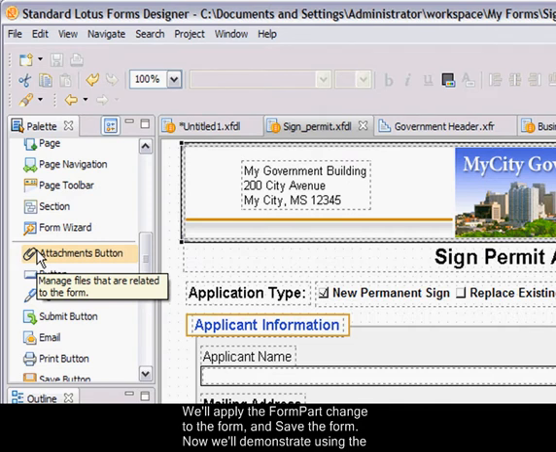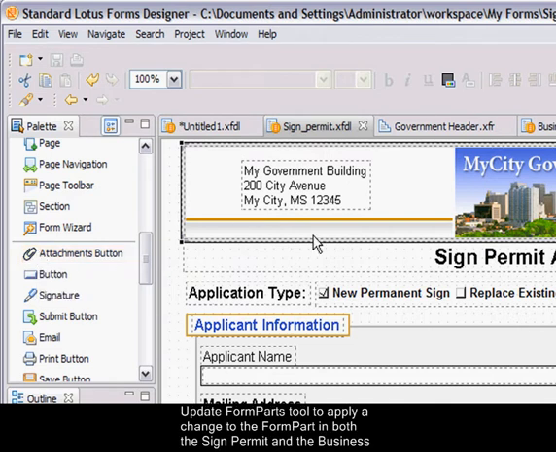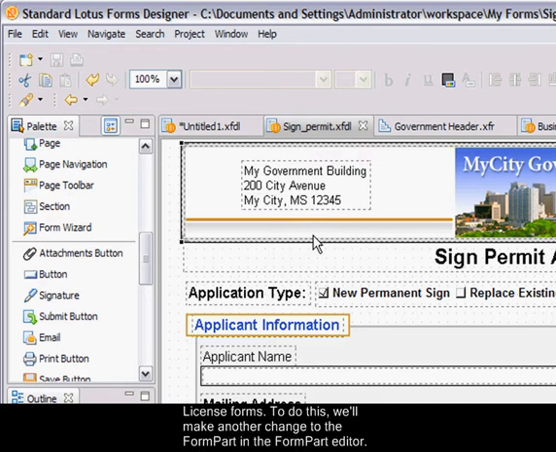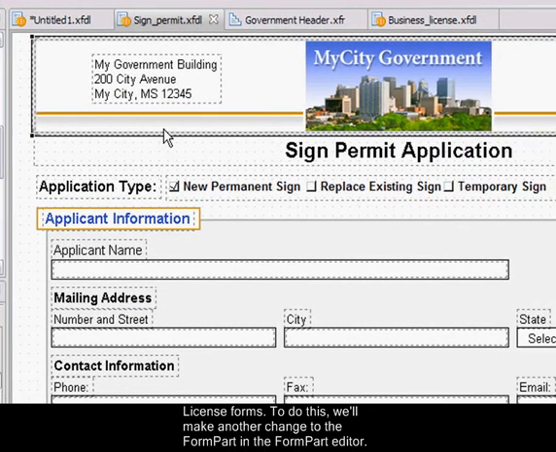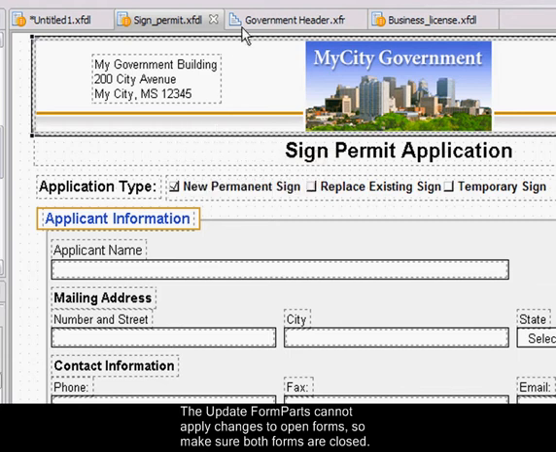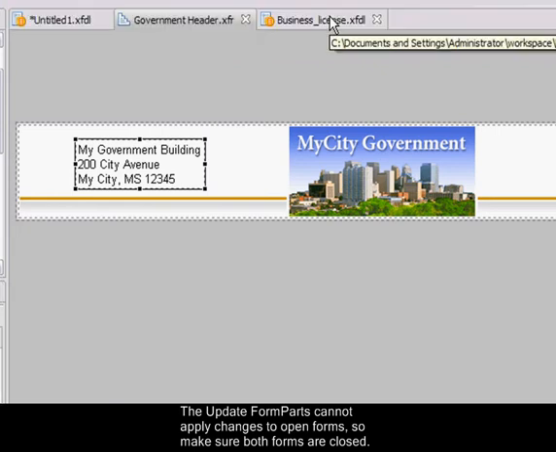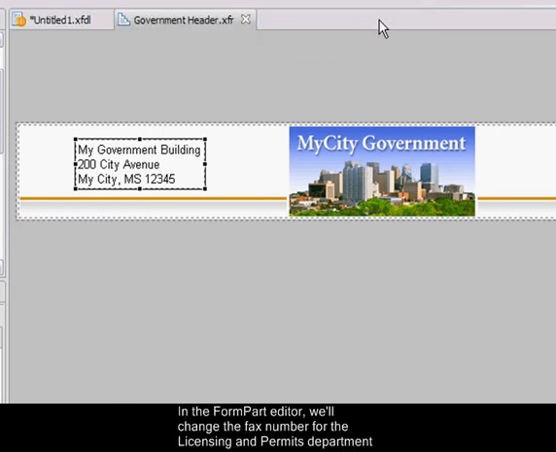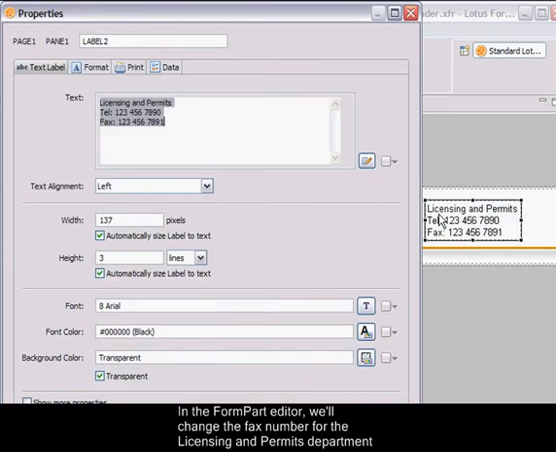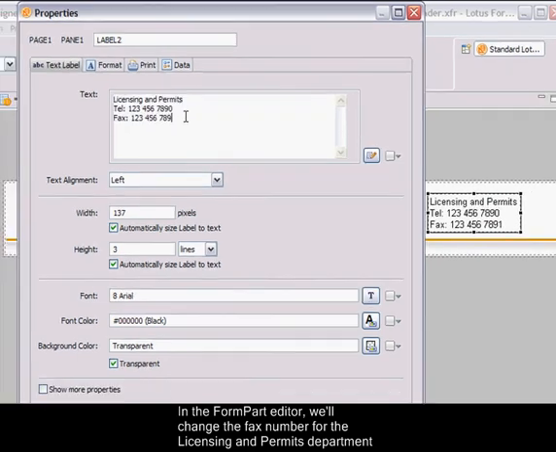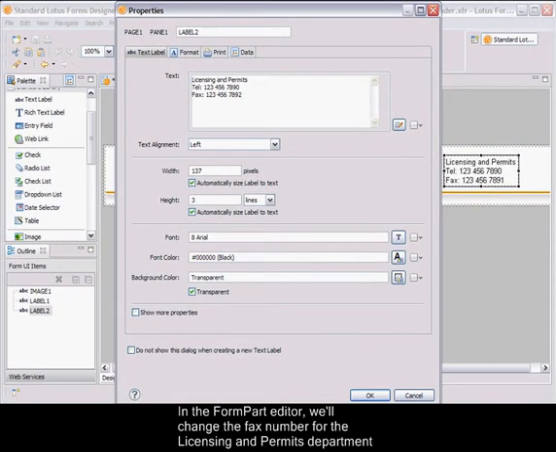Now we'll demonstrate using the Update Form Parts tool to apply the change to the form part in both the Sign Permit and Business License forms. To do this, we'll make another change to the form part in the form part editor. The Update Form Parts tool cannot apply changes to open forms, so make sure both forms are closed. In the form part editor, we'll change the fax number for the Licensing and Permits department and save the form